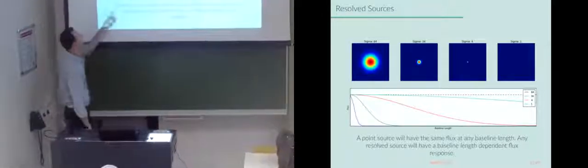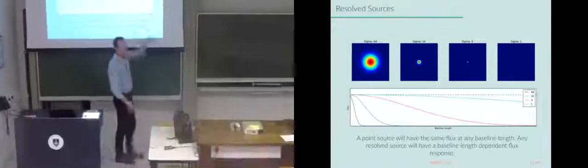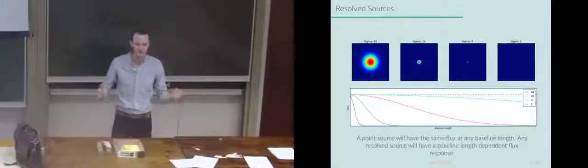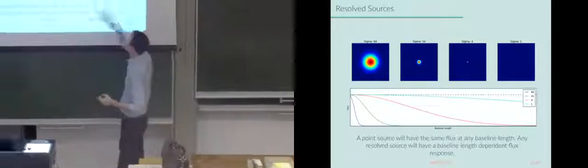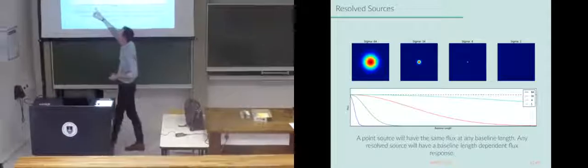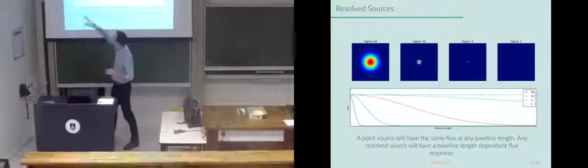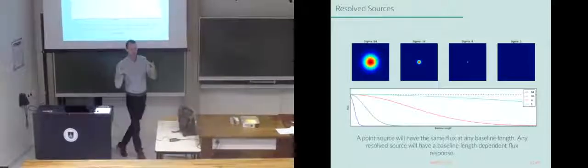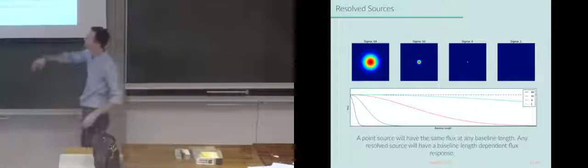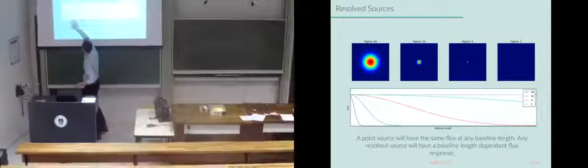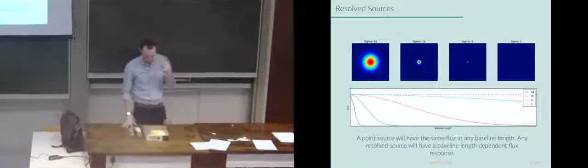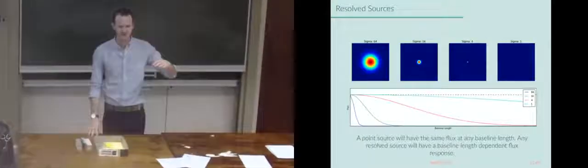For an unresolved point source, at any baseline you're always going to have the same amount of flux, because that spatial structure is present in all baselines. But as you go to these larger blobby sources, on the very smallest baseline you have most of the flux, because it's some extended blobby object. As you go to longer baselines, the flux drops off. So the point source approximation assumes that everything has constant flux as a function of baseline length.